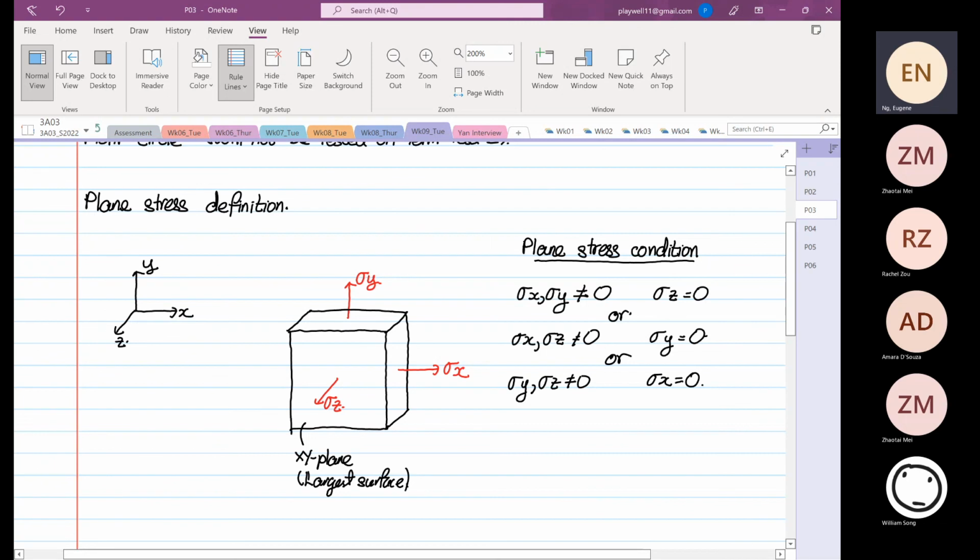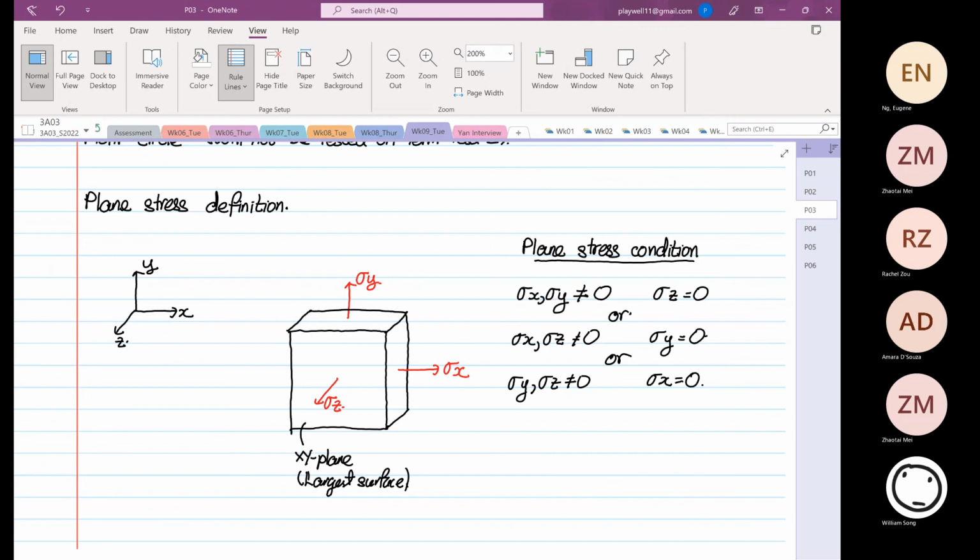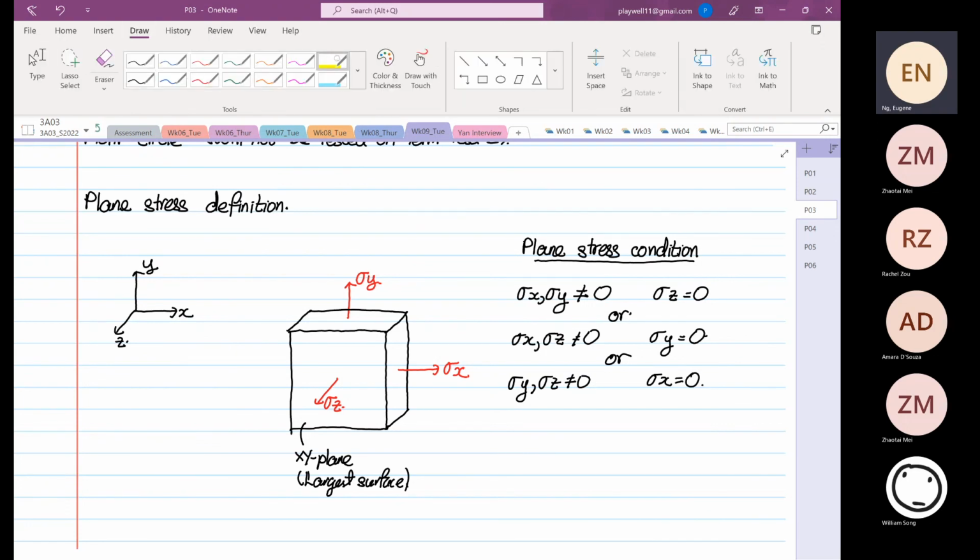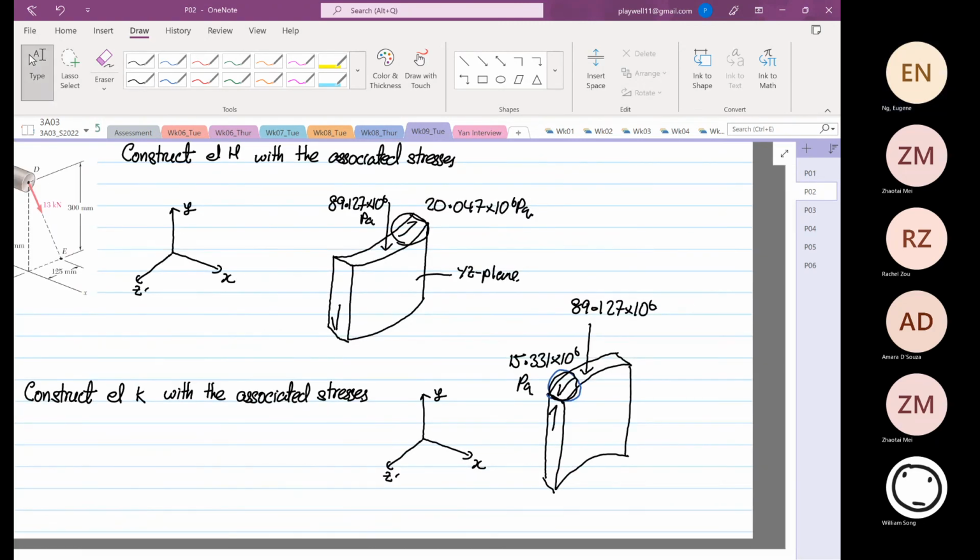Okay, so this is the first thing you need to know. Later on, when you learn finite element, or in 305, and they say analyze the structure in plane stress condition, you have to know which orientation will have the stress magnitude equal to 0. That's the first thing you have to know. So if we go back to the problem we had before, you'll see that for this case stress X is equal to 0. Okay, now stress